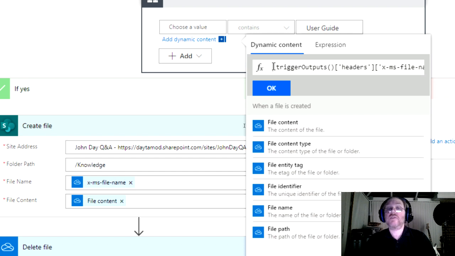Great. I just want to get rid of the space I put in there. Now I can move to the right hand side of this and remove that dash encoded word. That's it. If I click OK,